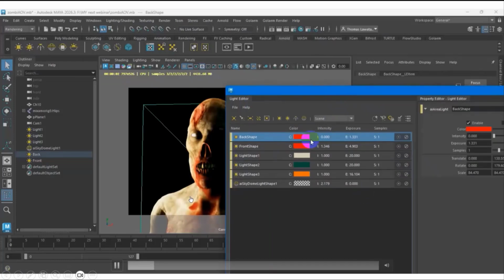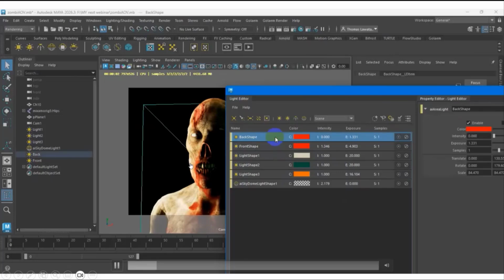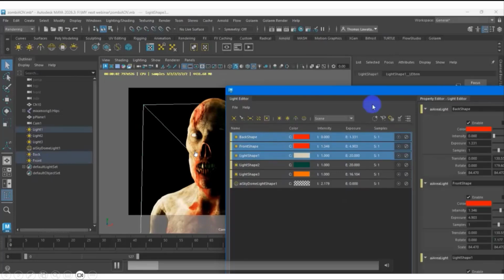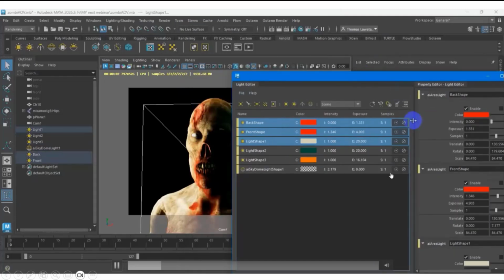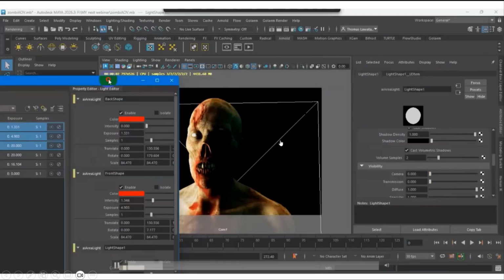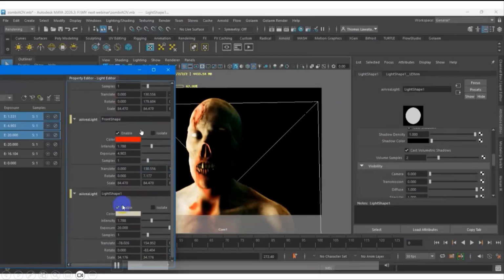Sometimes, of course, you need to convert the default material to Arnold material in the Hypershade. Or let's say I want to adjust more than one light, just click shift, then you can select them, and there is this property.